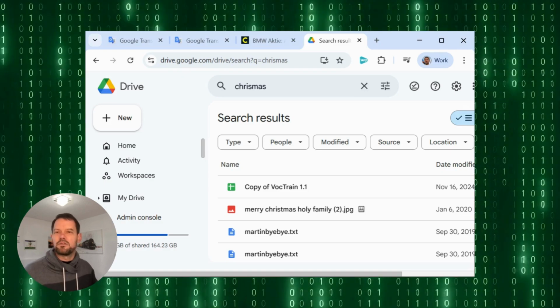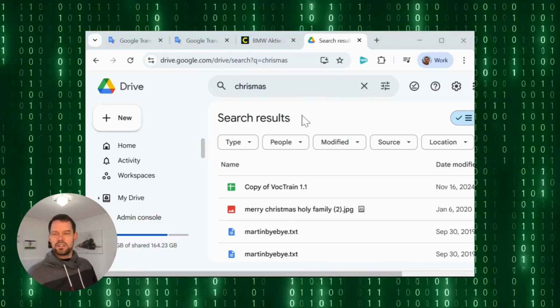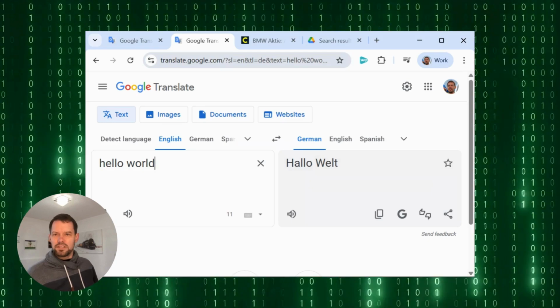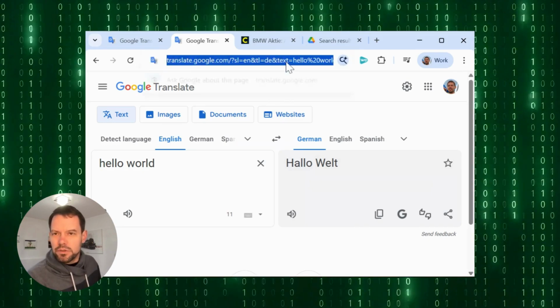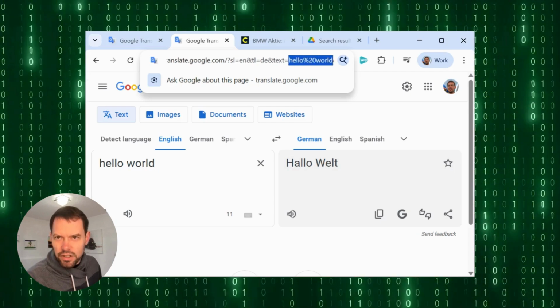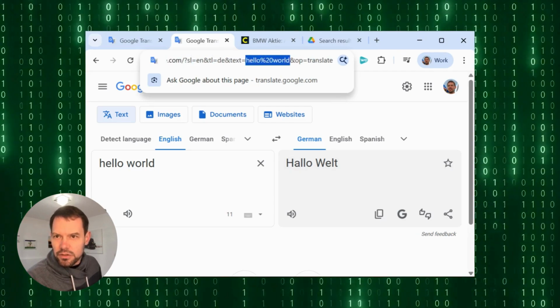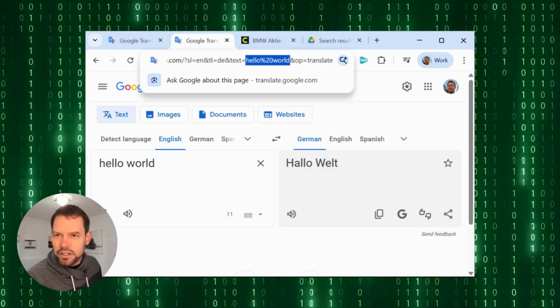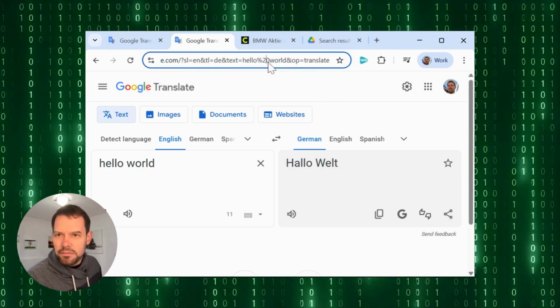Much faster than before. So how did I do this? Actually, let's take the translate example. When we look here, we see that in the URL, there is just one hello world at the end. So this needs to be replaced with your prompt, and then you got it. So I take this URL,